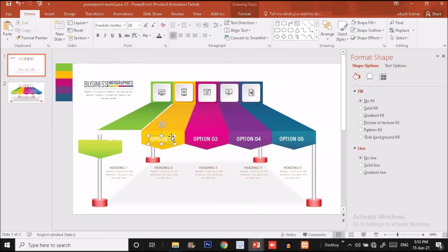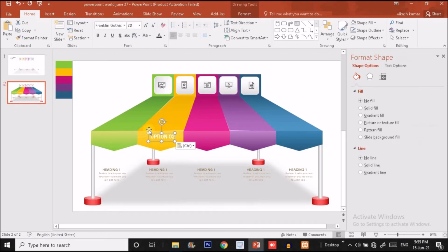Now it's time to copy this text. Don't worry guys, I will explain which type of text I am using, so don't worry about the text. I will also explain the text which I am using in this slide.